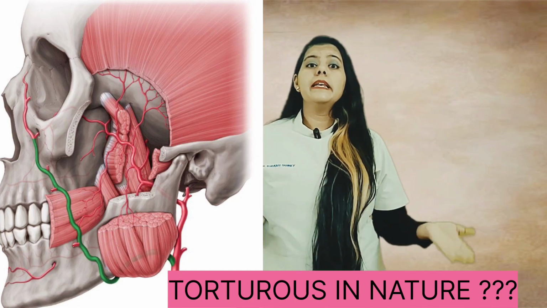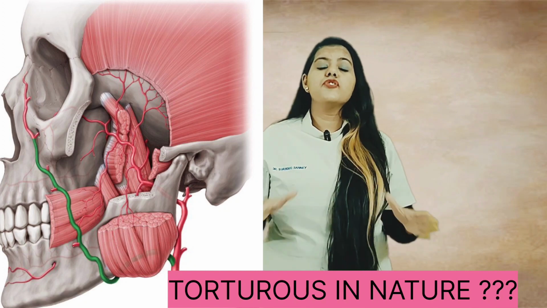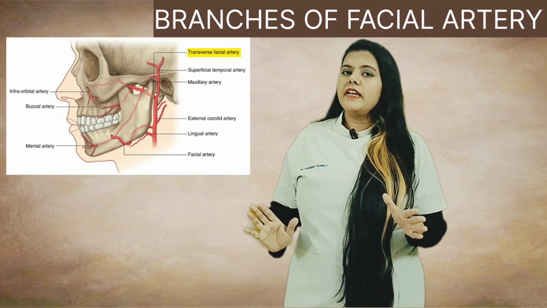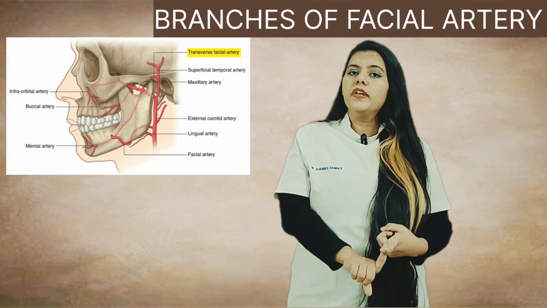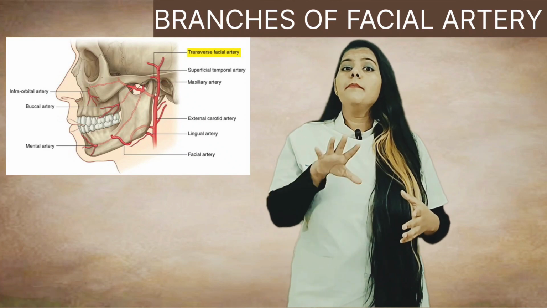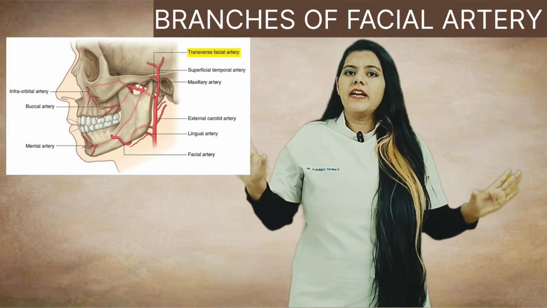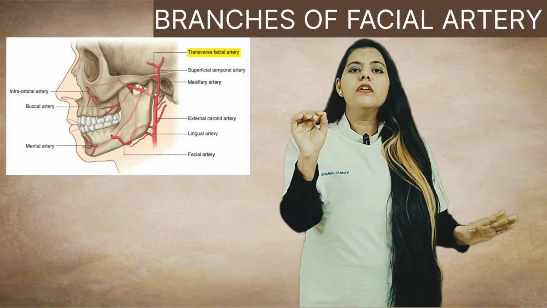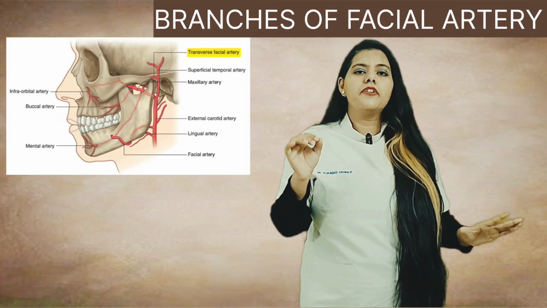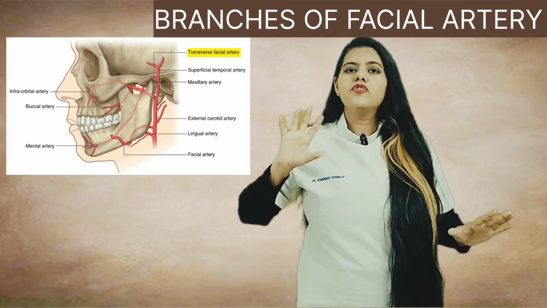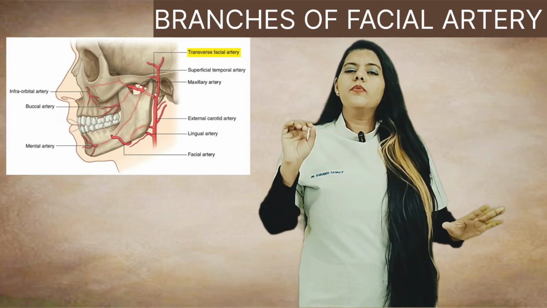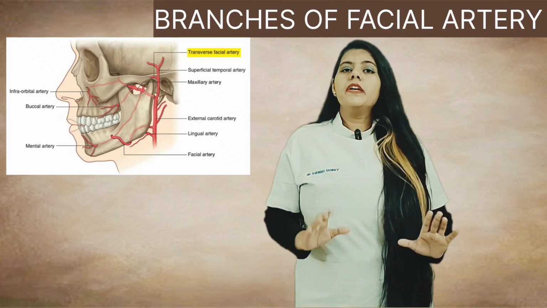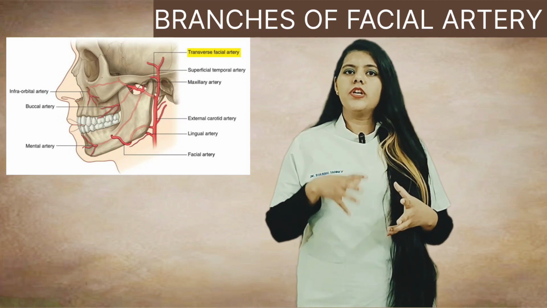Let's talk about another important part, that is the branches of the facial artery, which you can see clearly in the diagram. The diagram from the book is very important. You need to draw it, label it properly, and a colorful diagram is good. Regarding the artery, the red color is the color by which you can denote the artery in the diagram, right? Now back to the topic, let's see the branches of the facial artery.